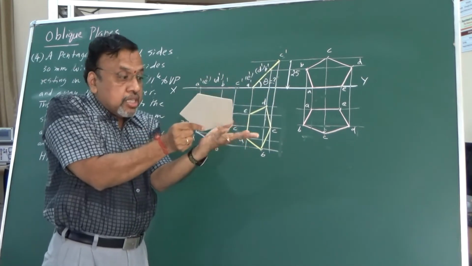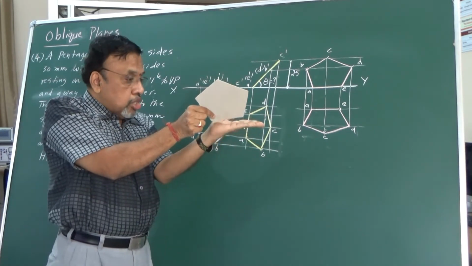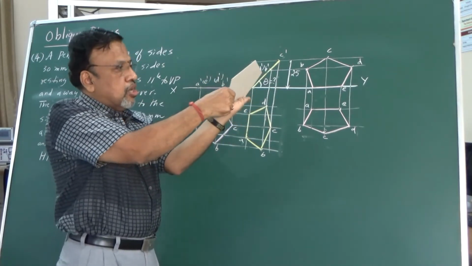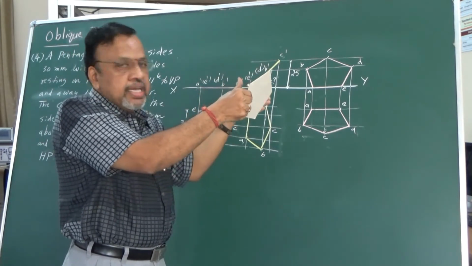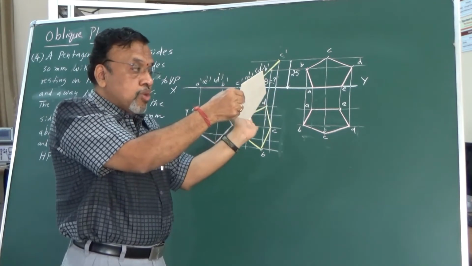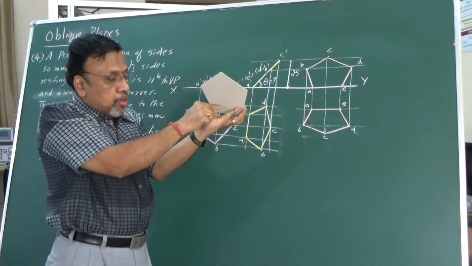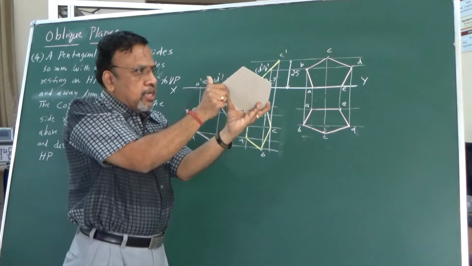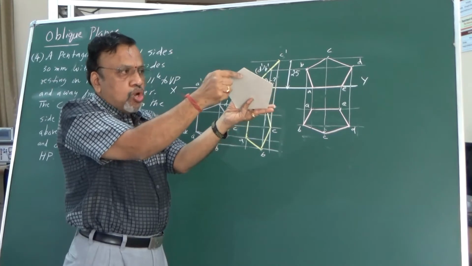But in this particular case, the side which is resting on HP is parallel to VP. If I keep it in this way, you can see how this lamina is viewed. If I view from the side, it is seen as a line. Since it is seen as a line, it means the angles, because anyway I told you that this particular angle is with reference to HP, which I am going to measure. Okay, what about this particular angle now? If it is seen as a line in the side view, what about this particular angle?